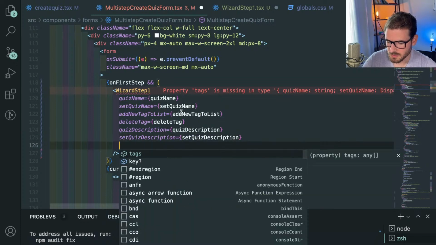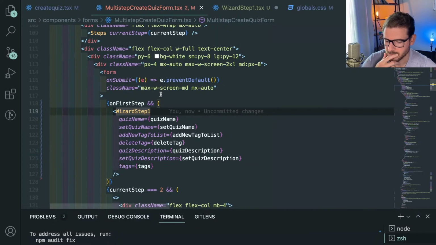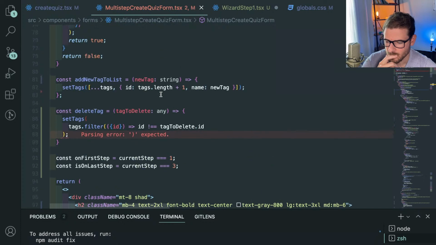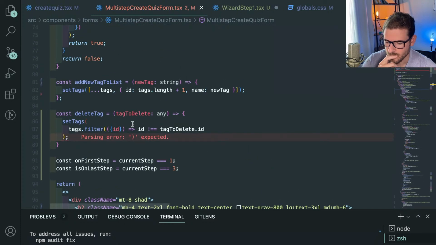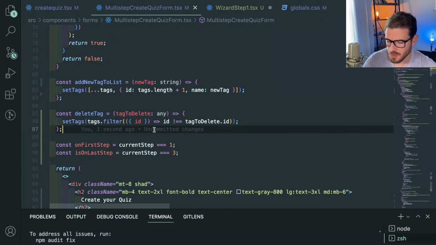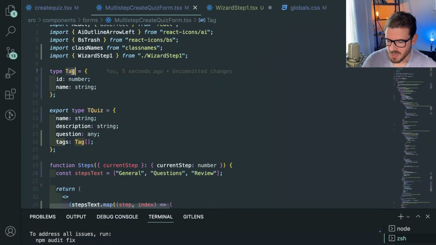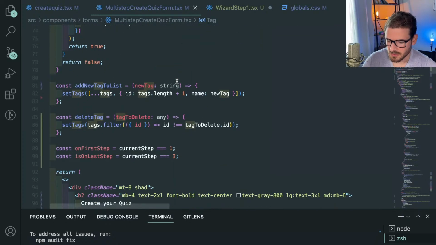What else are we missing? Tags. Does it need a key? It doesn't need a key. I think I'm missing a parenthesis here. There we go. All right, do we have a tag prop? We do. So let me use that tag prop, and I think that'll make our code cleaner in regards to